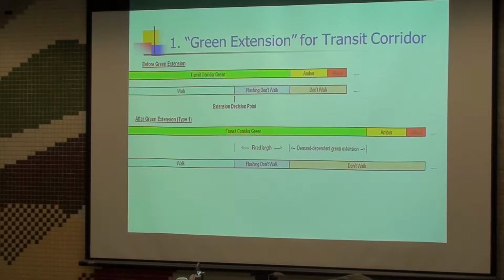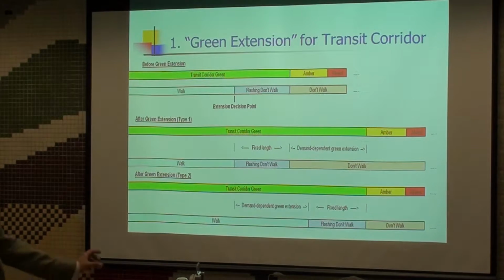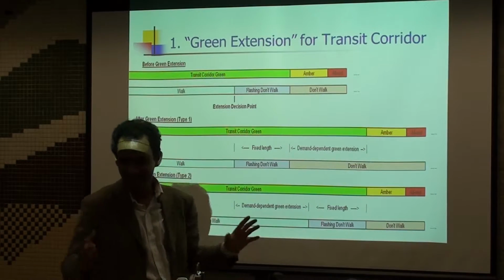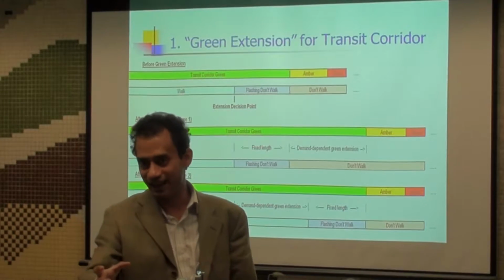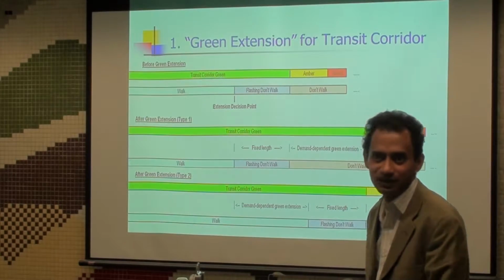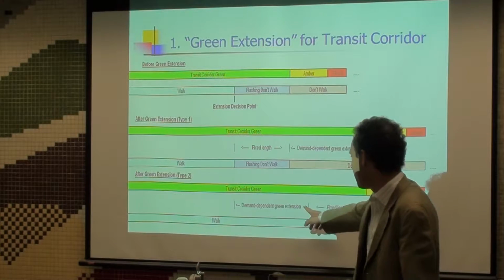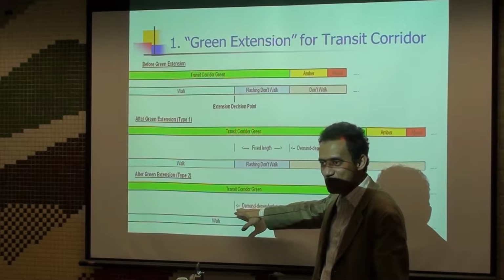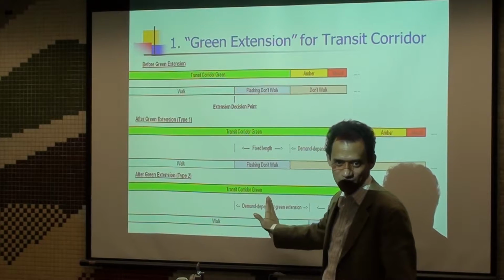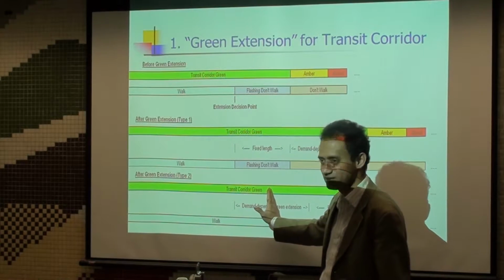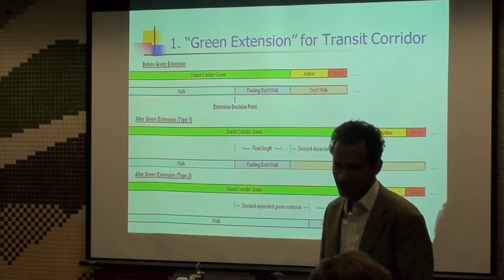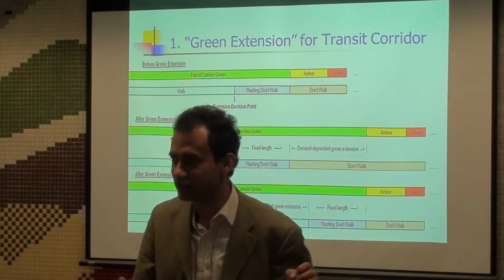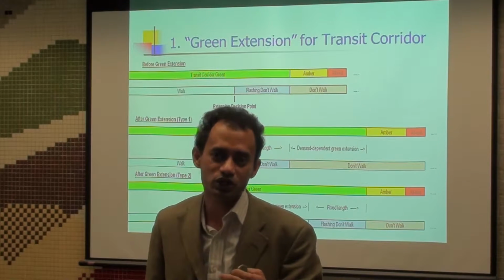The other way is to have the demand dependent green extension come first and then a fixed length. So that is another way of doing these kinds of things. This is a better one in a way: how much time you need for this bus, and once it has passed, then you give the fixed length. So it depends on the scenario. You have to do some traffic counting and really understand the impact of which kind you